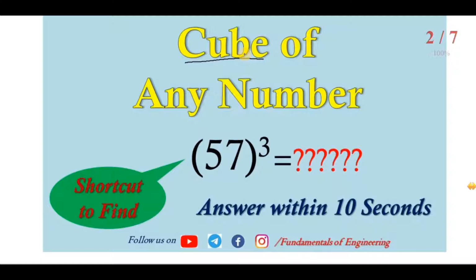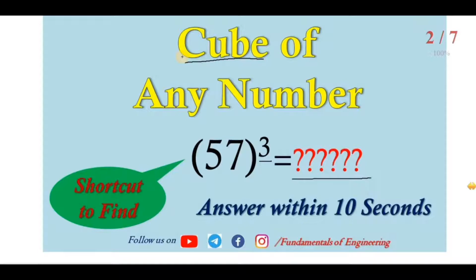For this we are going to use 3 steps: step 1, step 2 and step 3. Based on that you will get your answer, which is now the question mark. You can use this shortcut trick in any kind of exam. Just like we found the square by using the universal trick, we are going to use nearly the same shortcut trick to get the cube of any number.